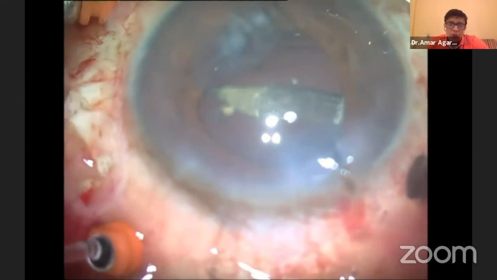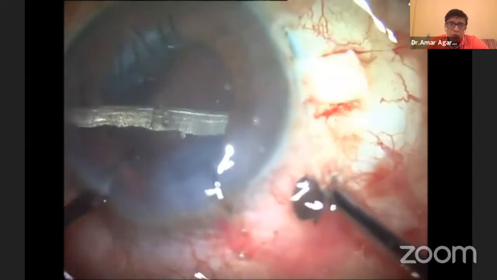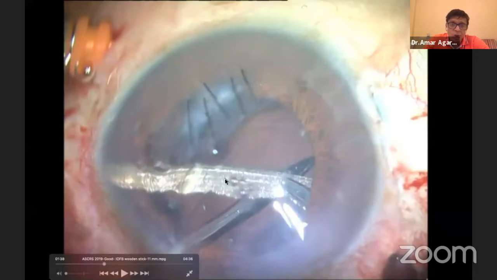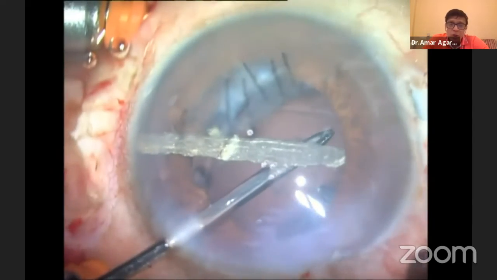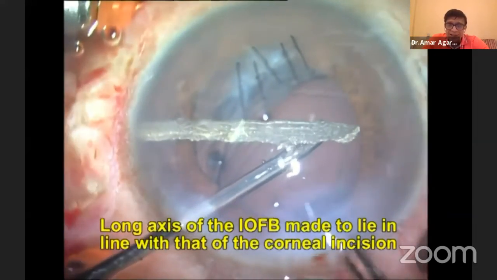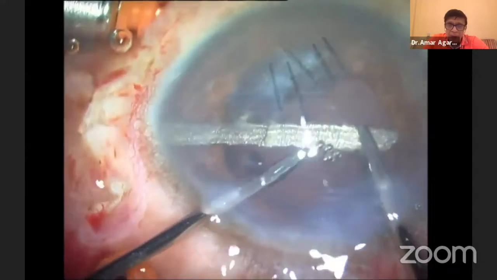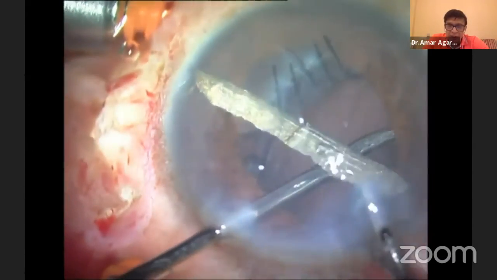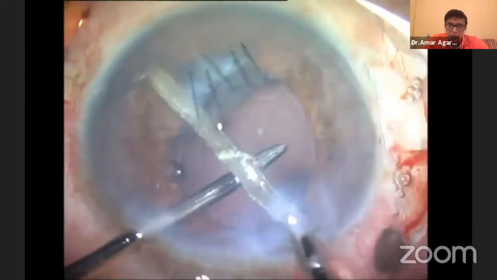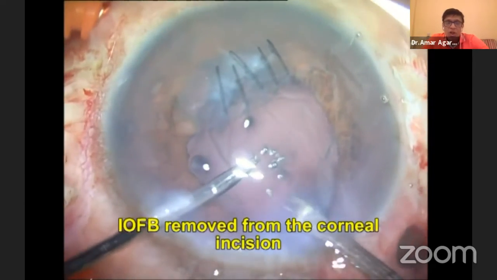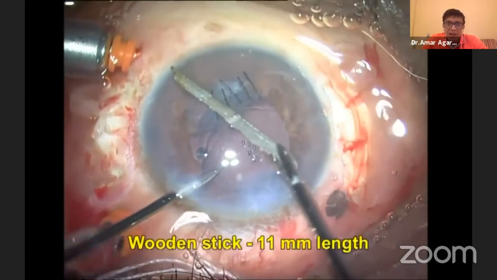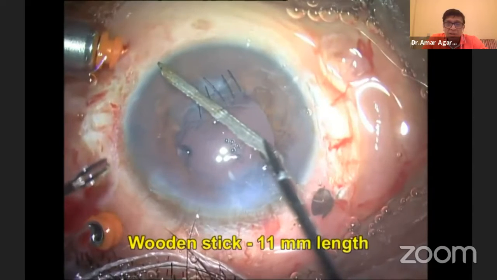Now the problem is you need to try to bring it out through the long axis of the foreign body. So you see now the foreign body is lying horizontally, whereas my incision here is at an oblique angle. So using the two hands like a handshake technique, I will manipulate it so that the long axis of the foreign body is in line with the long axis of the forceps. And now subsequently, I will remove the foreign body. Look at the size of the foreign body also. That's large. It's about 11 millimeters in length.